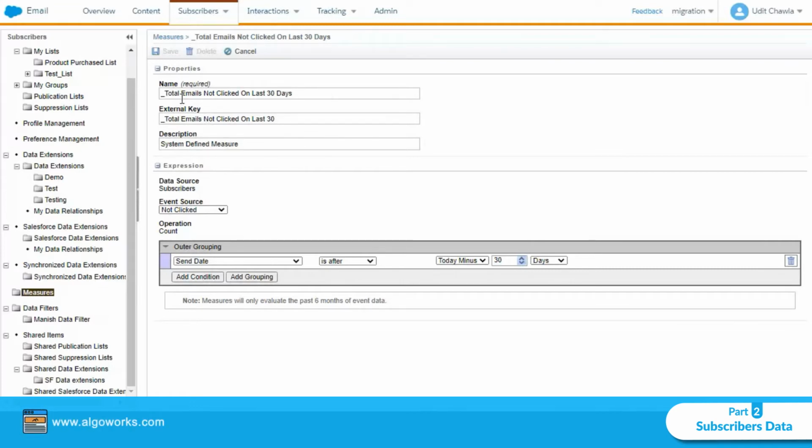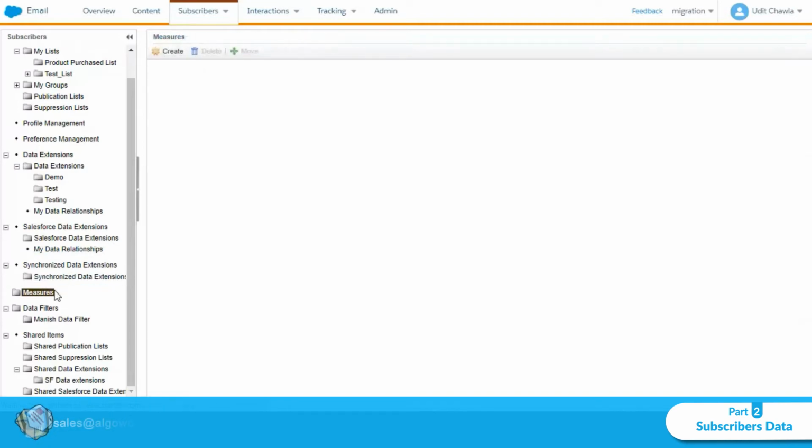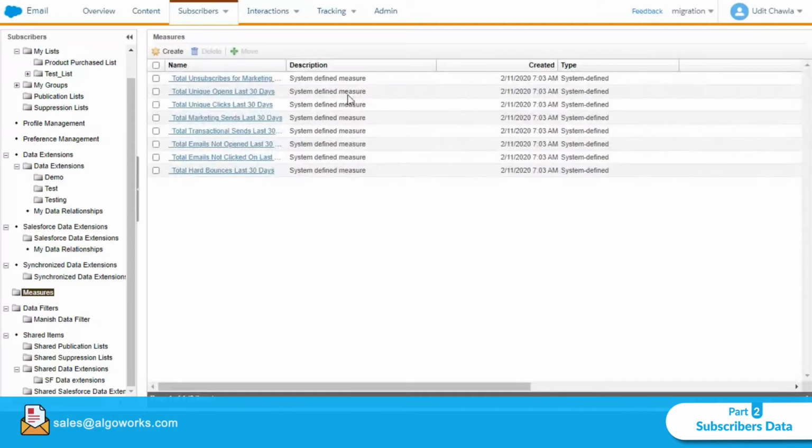So this will fetch all the records of those emails which were not clicked in the last 30 days. And same, as you can see, these 7 to 8 are system defined measures. We can also create our custom measures as well.